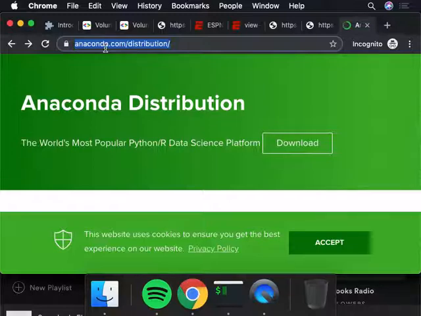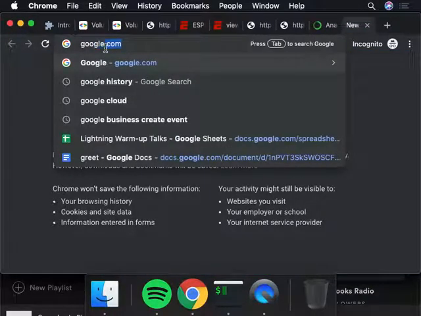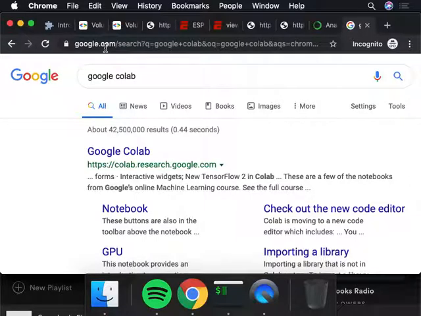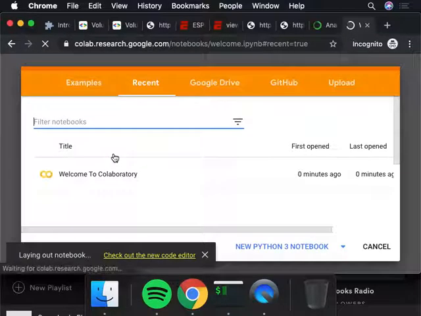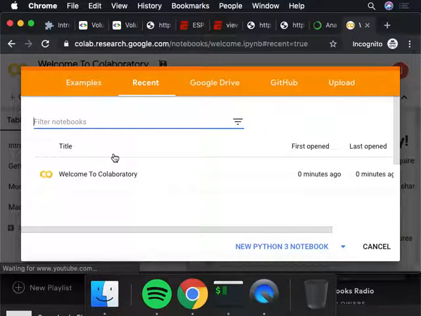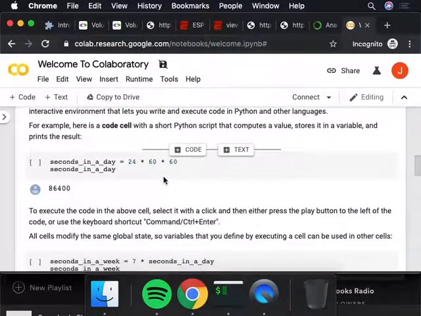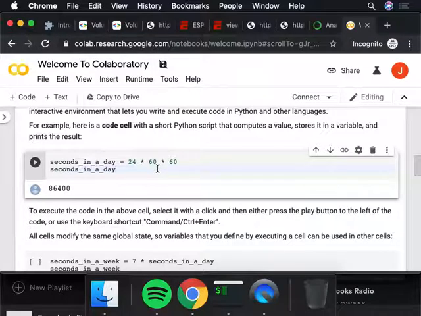Another thing you can use is Google Colab. This is on the web, so you can Google Google Colab. It can be slightly harder to set up, but you can try it. They're both free. You can see this is something similar. This is another Jupyter Notebook, same type of pattern. You might have to download a browser extension for Google Colab. That's the only thing.